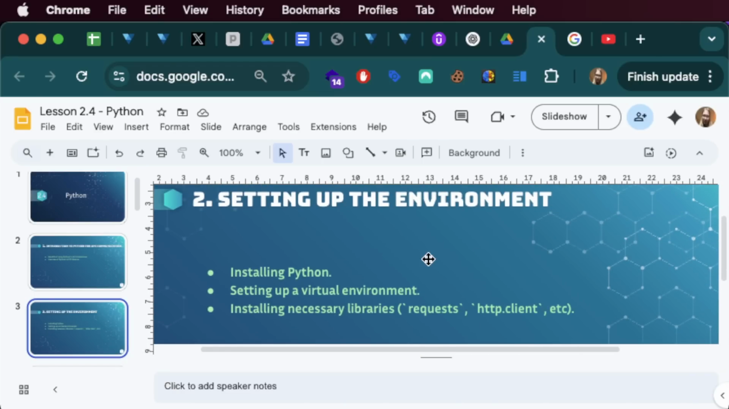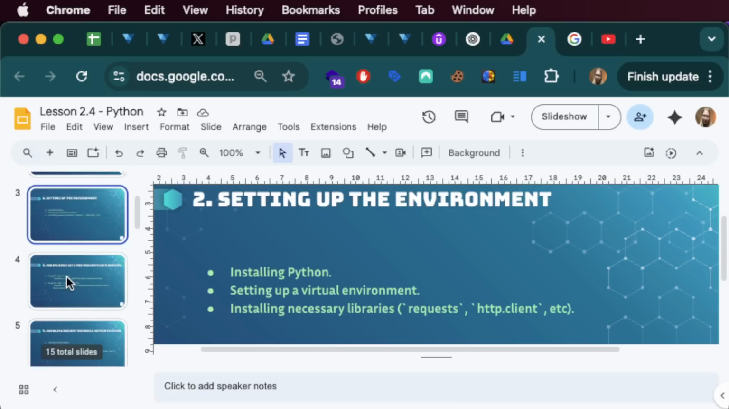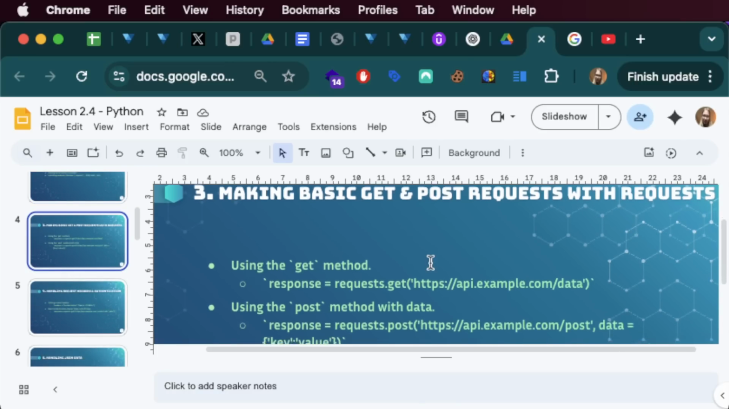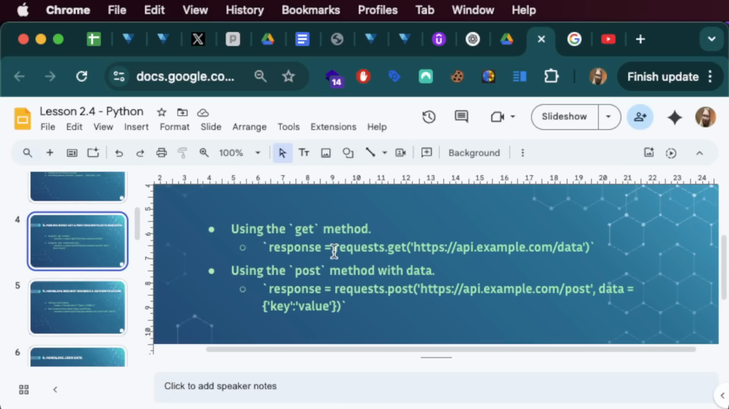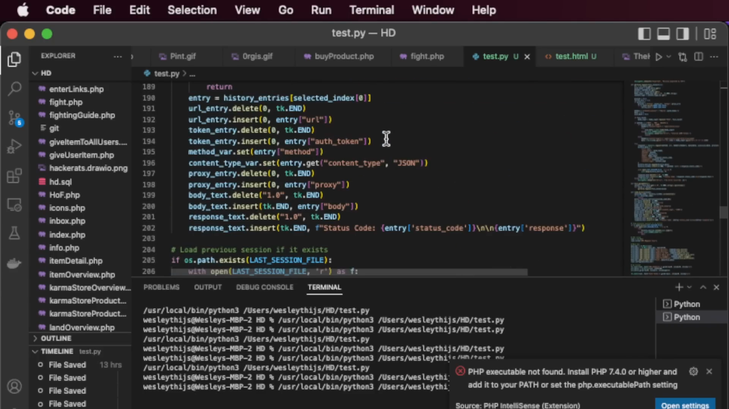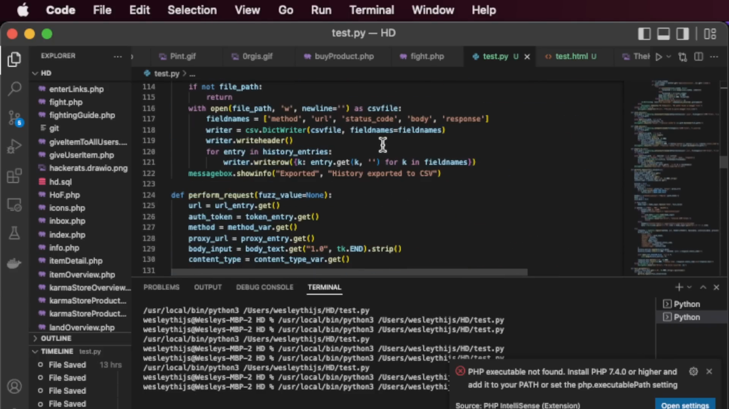HTTP.client, and there are some others as well, but requests will be often used. And then making basic get and post calls, you can see that here. We have that in our code as well. So if I go back to the code, maybe that's a little bit better visible here. But the requests are made actually